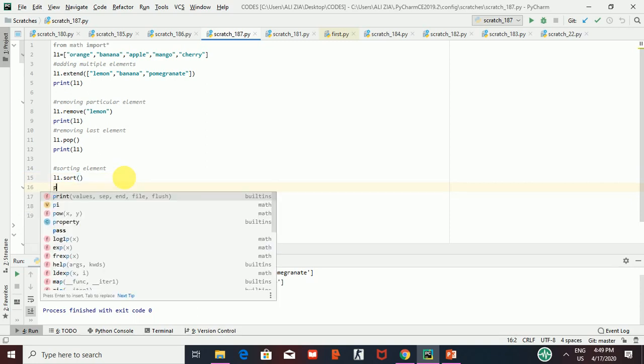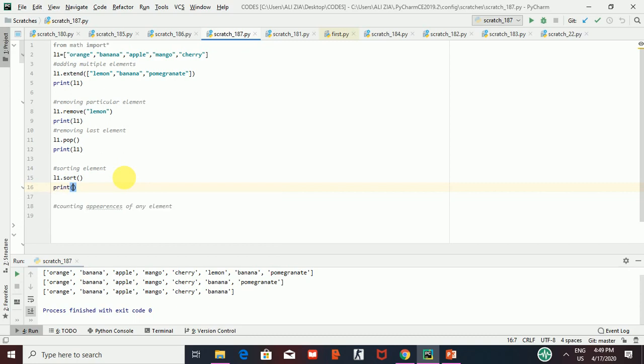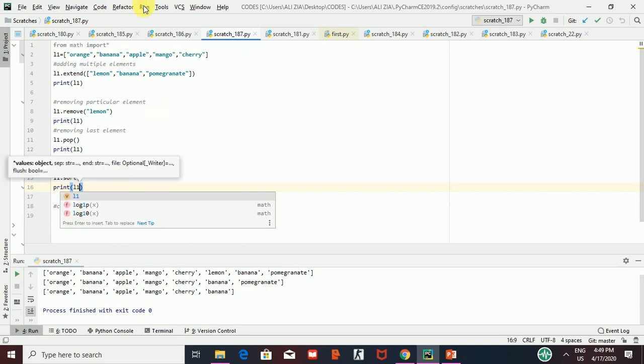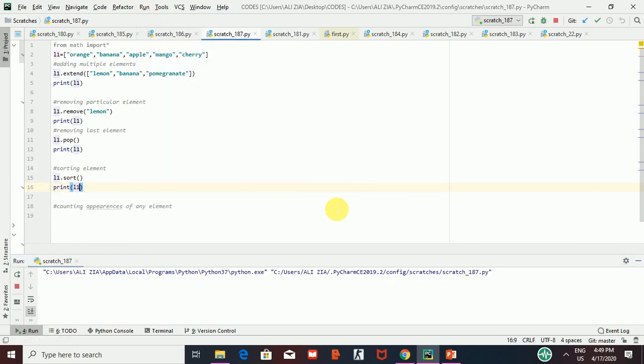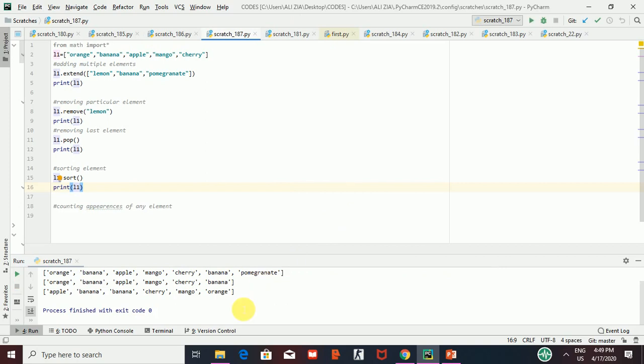L1.sort, and then I am going to print it, print L1. You will see what happens. The order will be changed. Here apple comes first because A comes first, then banana starting with B, and similarly cherry, mango and orange.